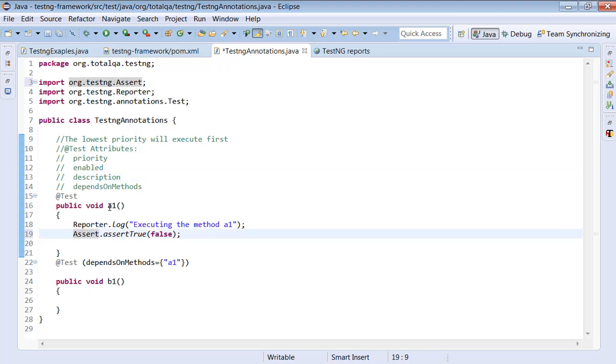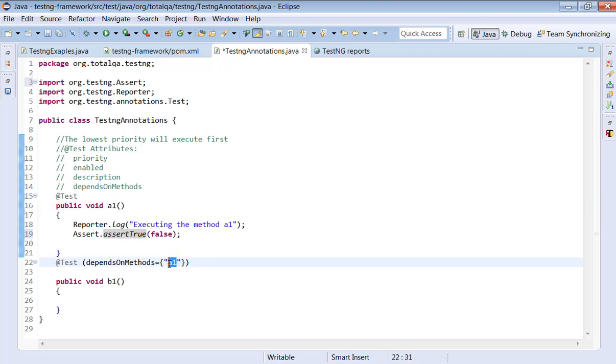Based upon the assertions only, the test case will be pass or fail. Here we are looking for true, but we are passing false. The condition is returning false right now, so this assertion is false. Then finally A1 is failed. When this assertion is false, A1 will be failed.